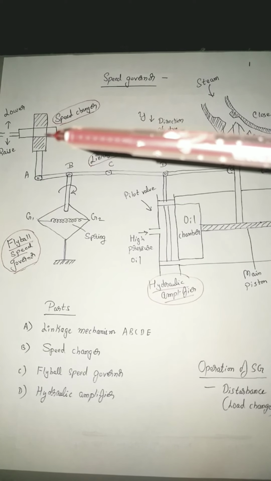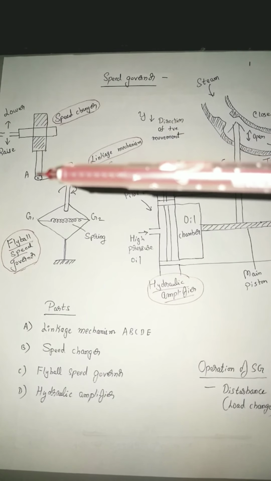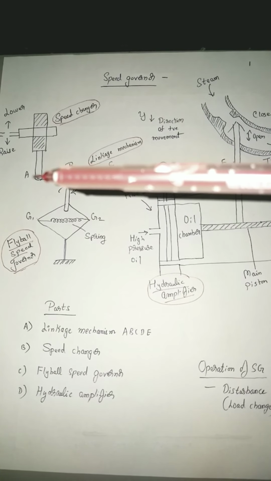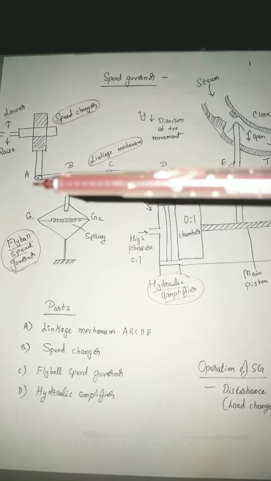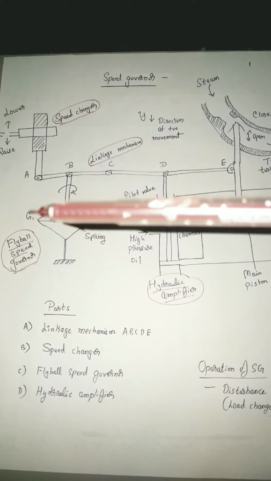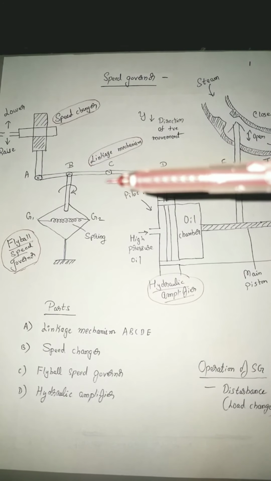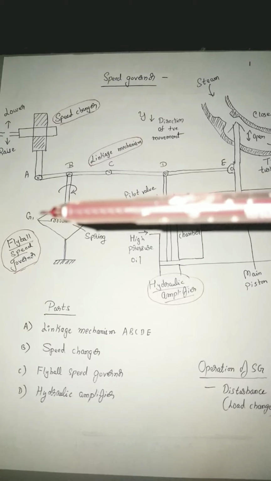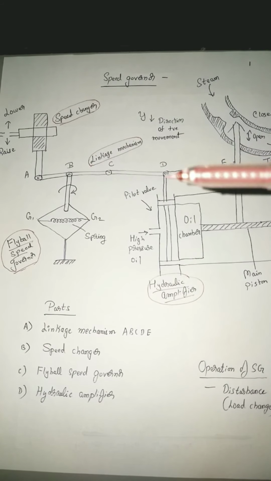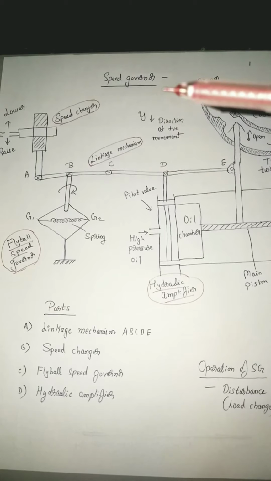Because the speed of the machine has reduced, it tries to rise. So if it has to rise, the slider has to come down. So when the slider comes down, automatically it will put A also downwards. A also is going to move downwards. Since A moves downwards, on the other side, since A and D are flexible and C is fixed in between, because of that mechanical action, D is pulled upwards. When A moves downwards, forcefully D is pulled upwards.